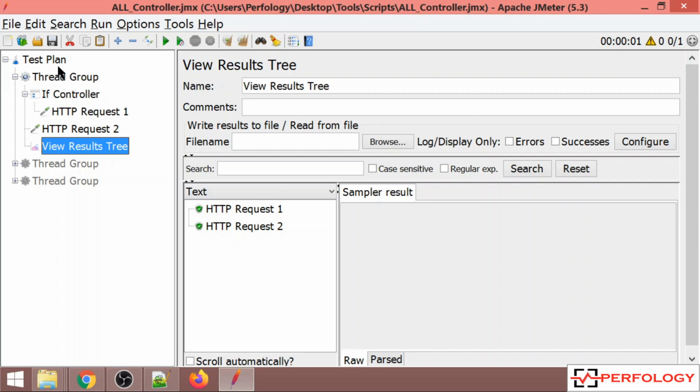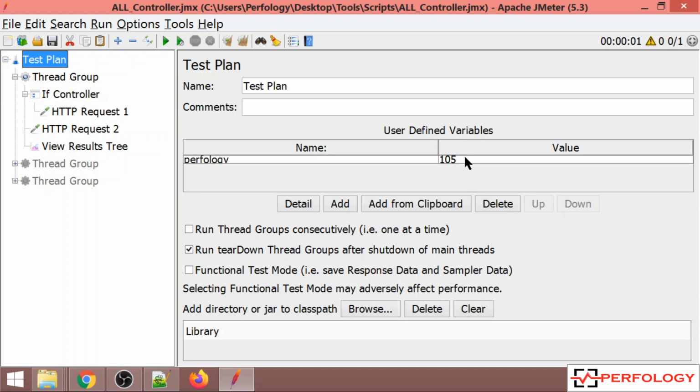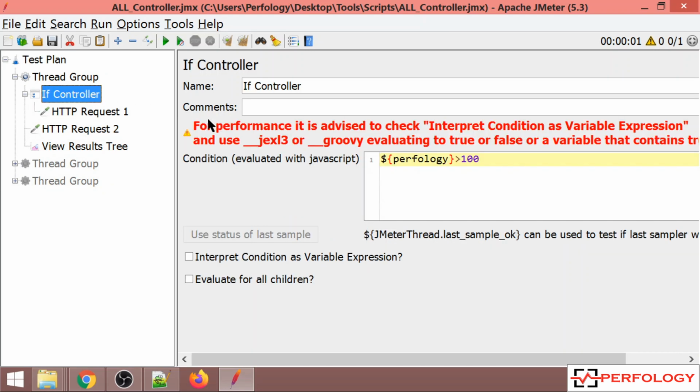Now let me change the value of that variable to 90. So now 90 is less than 100. So basically this condition will fail and only HTTP request 2 will get executed.